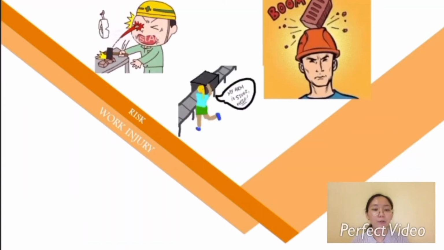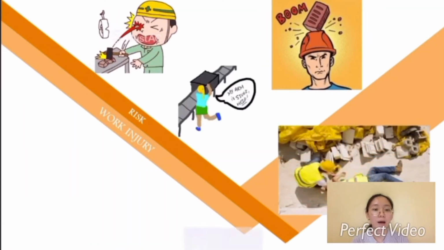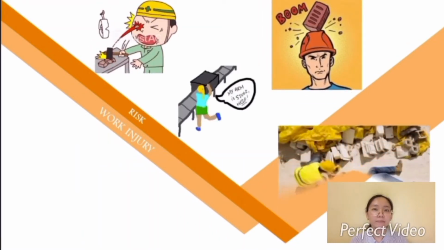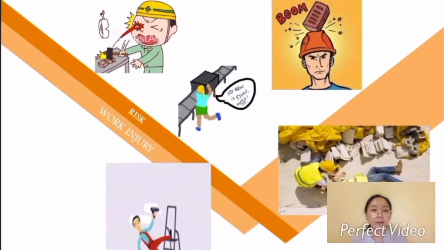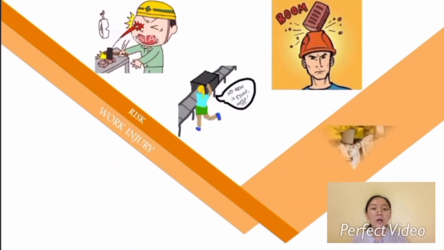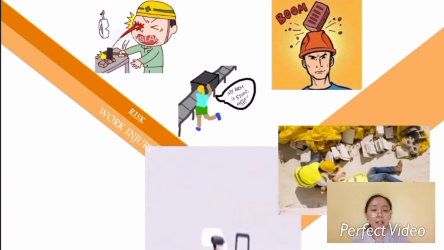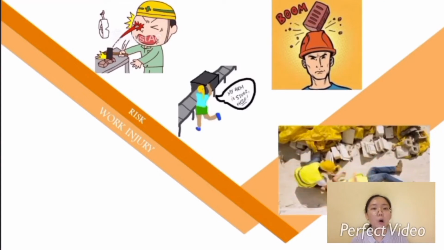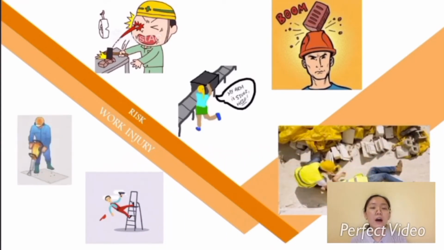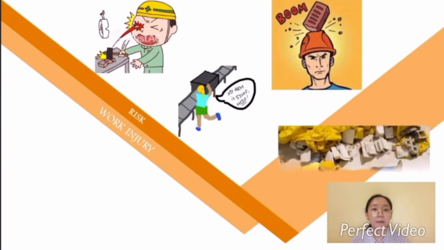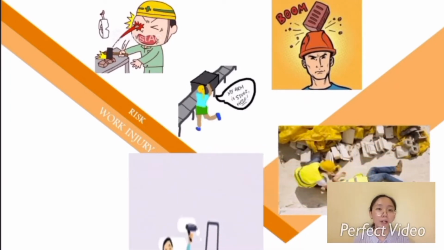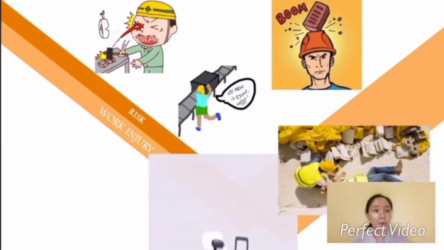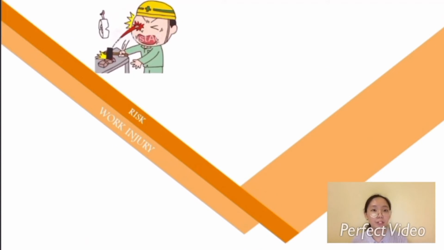Other than him, there is also this woman who got her arm stuck in a machine. From what I experienced personally in my internship at a company a couple of months ago, this kind of injury would likely happen because the worker is tired of working, or maybe she is sleepy so she can't concentrate. And the worst thing is, maybe she was chatting with another fellow worker, and in the end she doesn't really pay attention to the work she's doing and got her arm stuck in the machine, which is very dangerous.